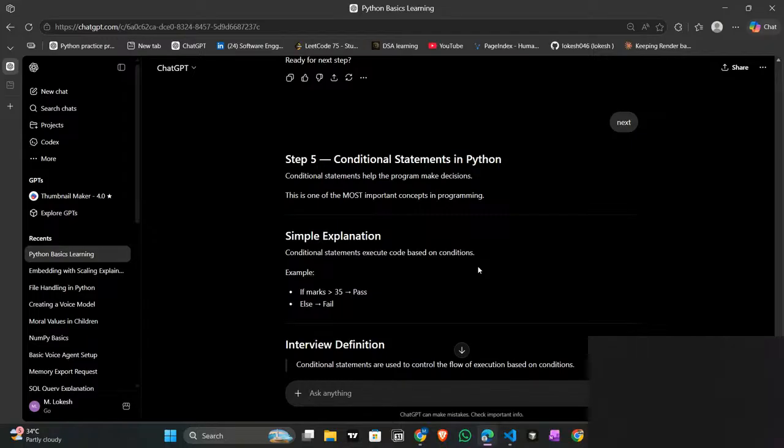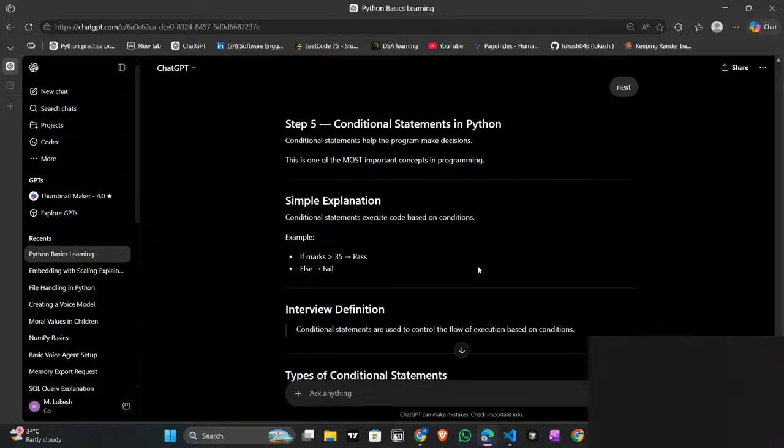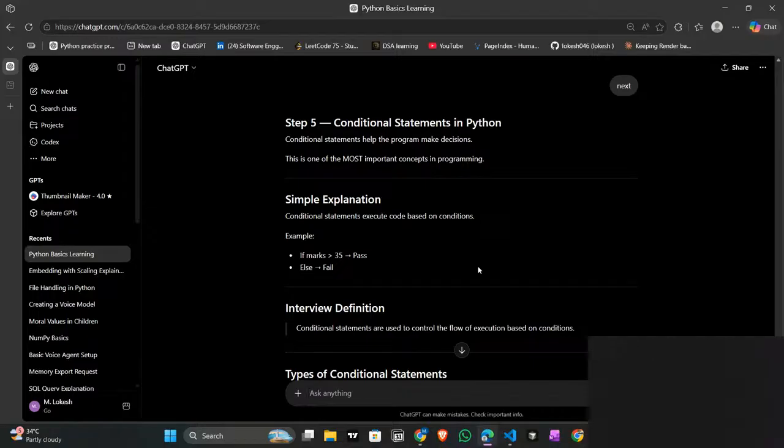This is the basic system we use here also. The conditions are given by a set of rules, called if, elif, or else. What is the difference between these? If it happens, give the result.